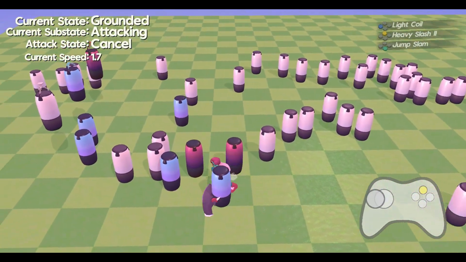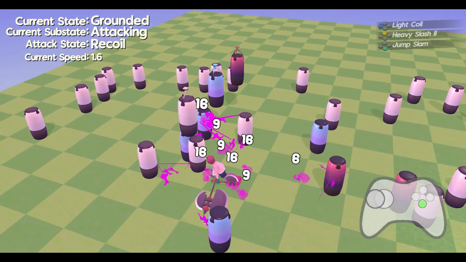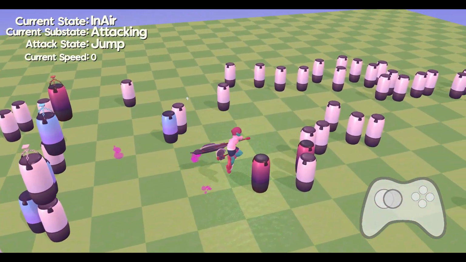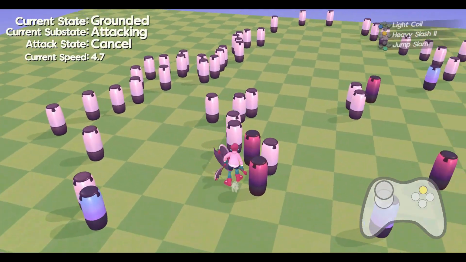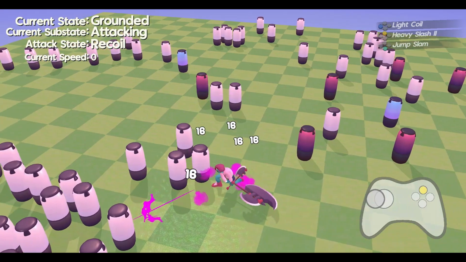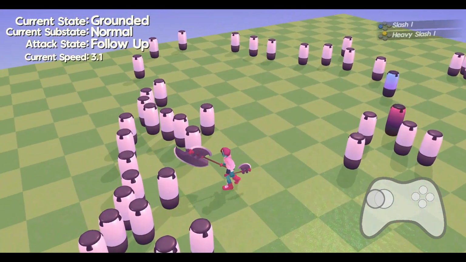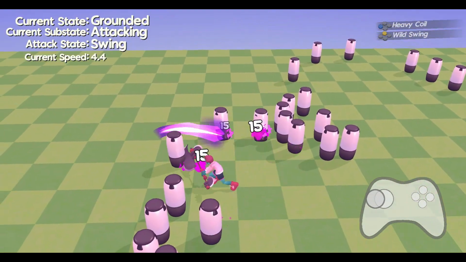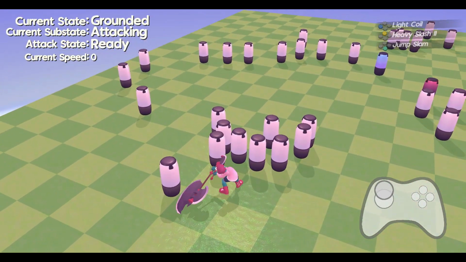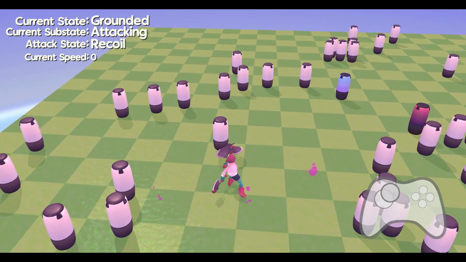If you're keeping the enemy in the air, they will keep being juggled forever, and you can just stun lock them until they die. Although realistically stronger enemies will be able to break out of this easier, and I will add an implementation so that the longer you juggle an enemy, the harder it is going to be to continue to juggle them. This is continuing to hit them in the air, by the way, that's what that term means. And the longer it goes on for, maybe the less damage that will be dealt to the enemy or something along those lines. There will be a restriction, so you can't infinitely keep the enemy in the air.